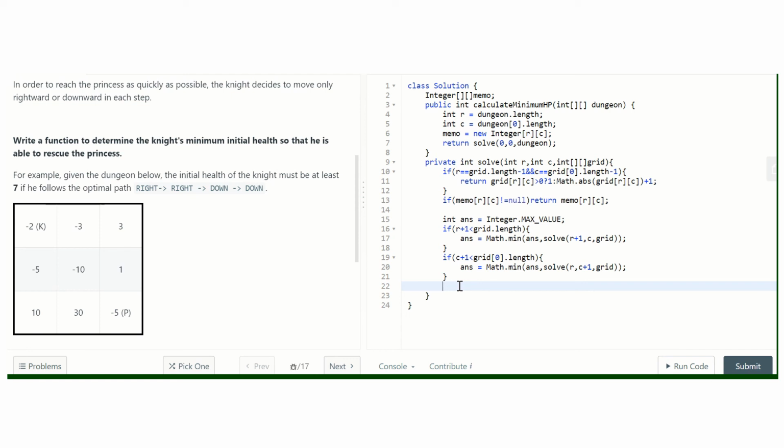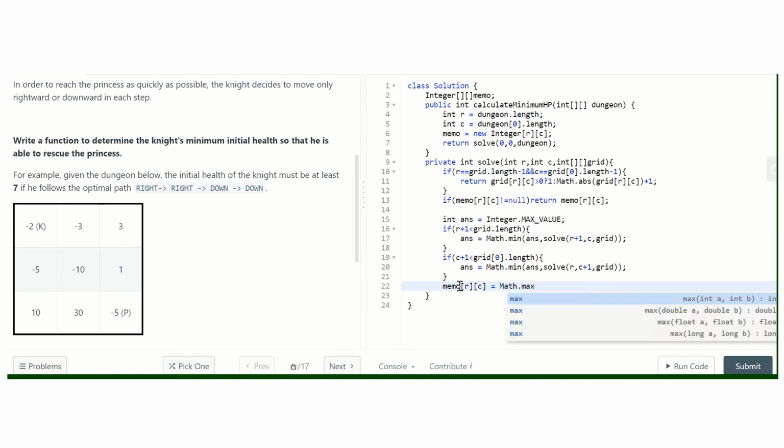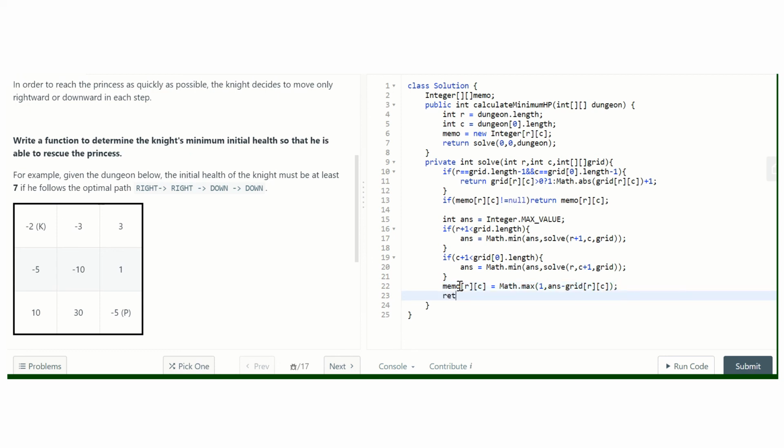So we'll try to do memo[r][c] equals Math dot max of 1 and answer minus grid[r][c]. We'll simply return memo[r][c]. We do not need to add 1 here because we have already added it to the final cell.